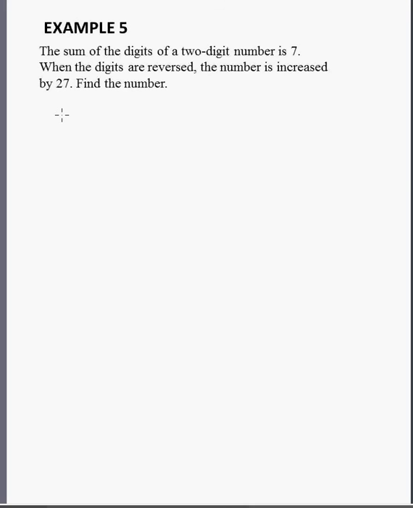So when you have the sum of the digits to be 7, you can start with 0 and 7. So 0 and 7, when you sum them, you get 7. When the digits are reversed, that is increased by 27. So that means when you reverse, it becomes 70. Then 70 minus 7 is supposed to be equal to 27, but that is not true. So it cannot be. So let's try another one,